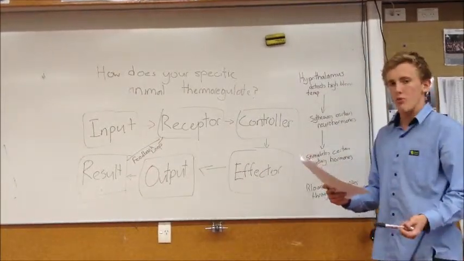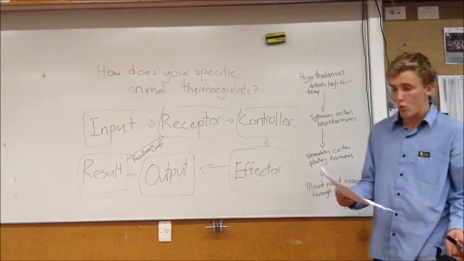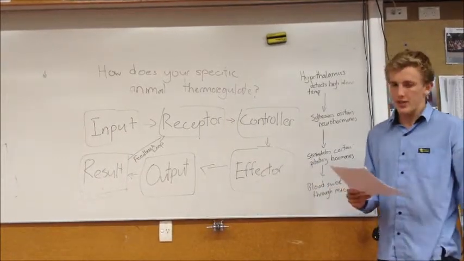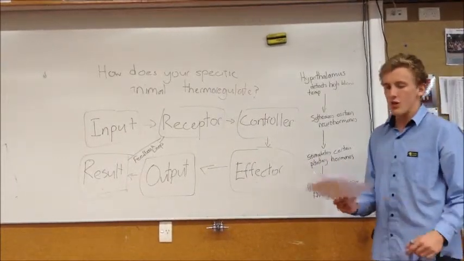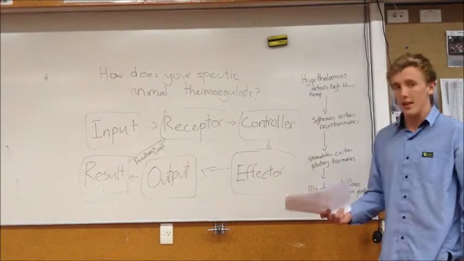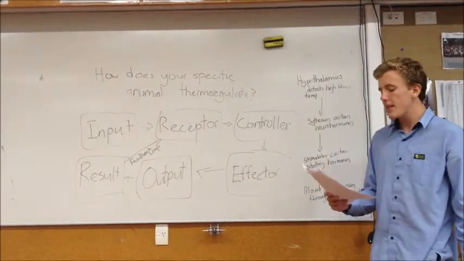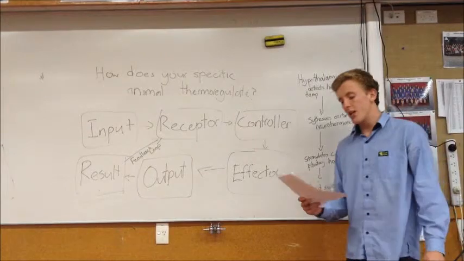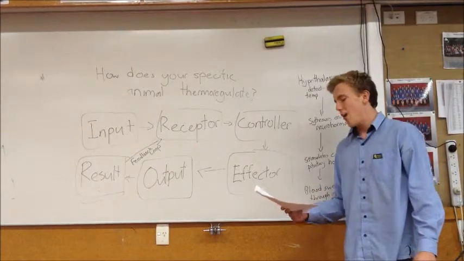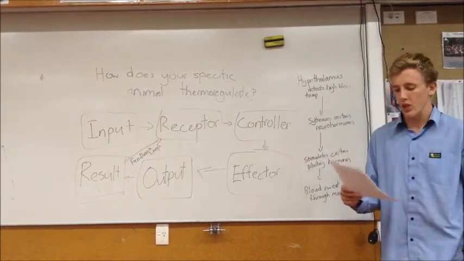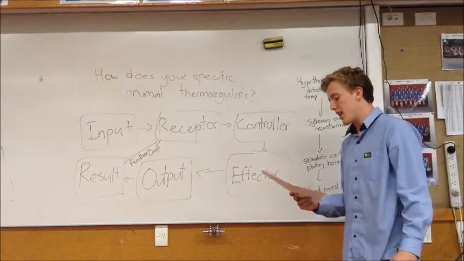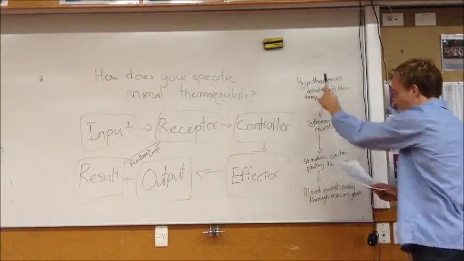It can trigger the hippo to move into a shady area or back into the water, or it can trigger the release of blood sweat. Blood sweat is an oily secretion made up of 2 unstable pigments. It basically acts as a natural sun cream, protecting the hippo from harsh UV rays, and will also help cool the hippo down. The process for it to be released is that the hypothalamus will detect a high blood temperature,